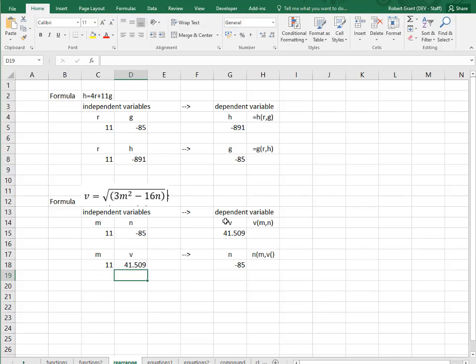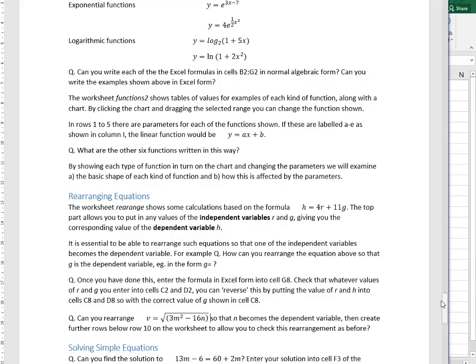So you put these into the function that comes out here, into the function v, and then you put m and v back into the function here, and you get n coming out like that, back to 85. So that rearrangement has worked, as you can verify the rearrangement using Excel, like that. Okay, so